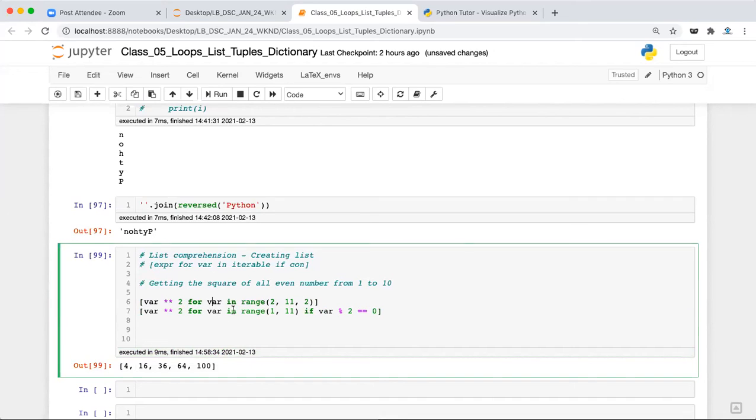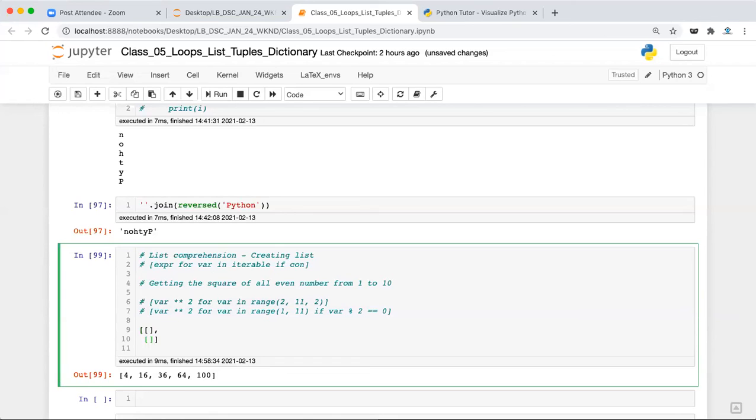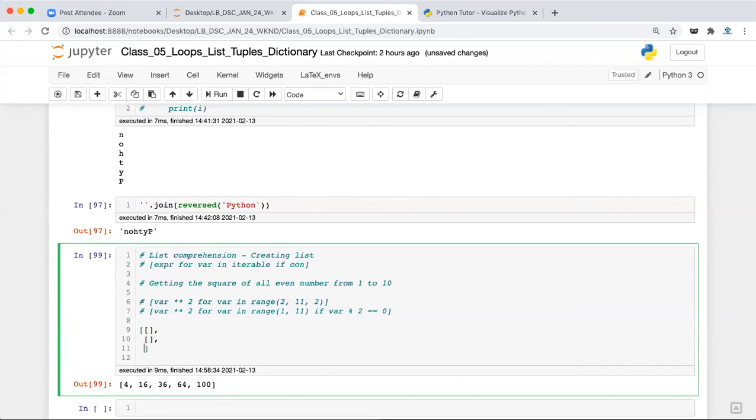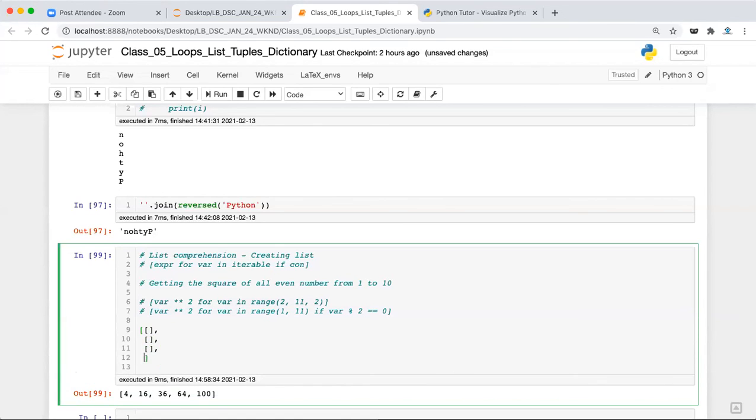Fine. So you can use list comprehension to create a list based on an expression. Now let's say I want to create a 2D list where you will have these 4 elements: 0, 0, 0, 0, and then 0, 1, 2, 3, 0, 2, 4, 6, 0, 3, 6, 9.